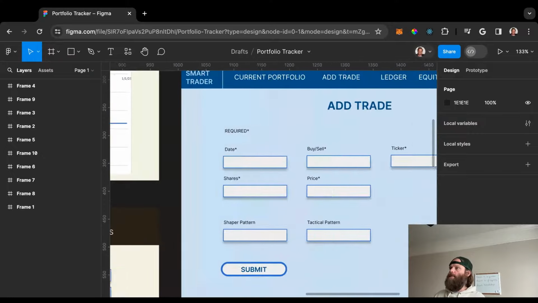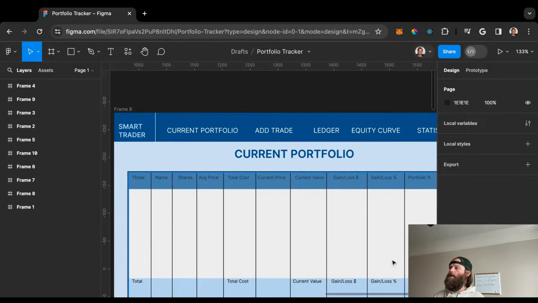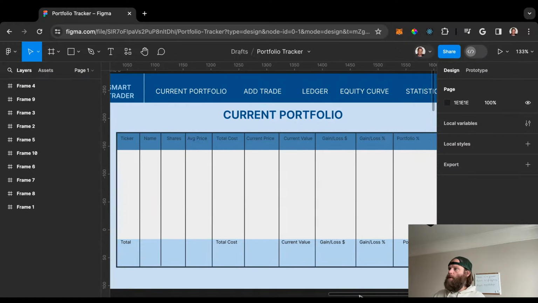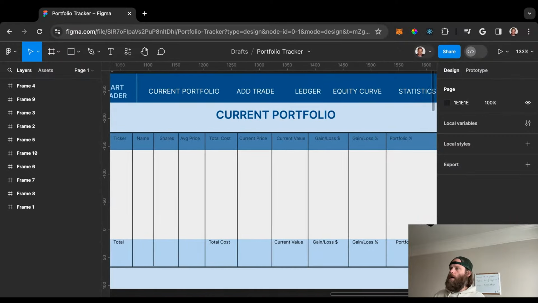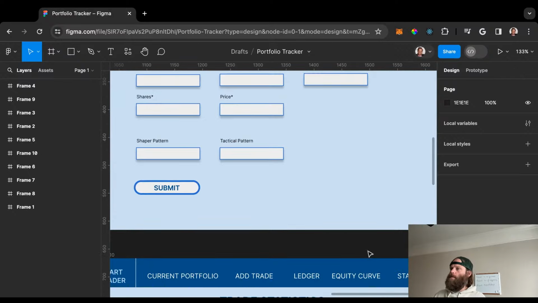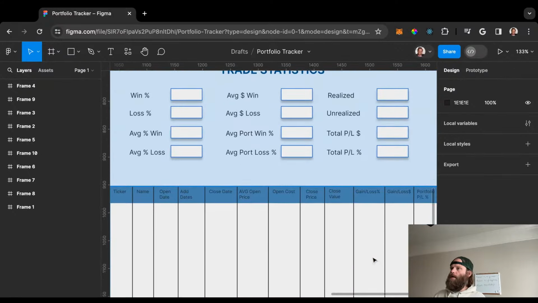That'll be the ledger. And then the active portfolio will be similar to what I discussed. It'll have all the pertinent data in here, which will automatically calculate. And then it'll have all the totals I showed before down here. And then of course the trade statistics. Again, this will auto-populate, because when you close a trade, I'll make it so that the logic knows this is a fully closed trade. The one thing that's a little tricky,